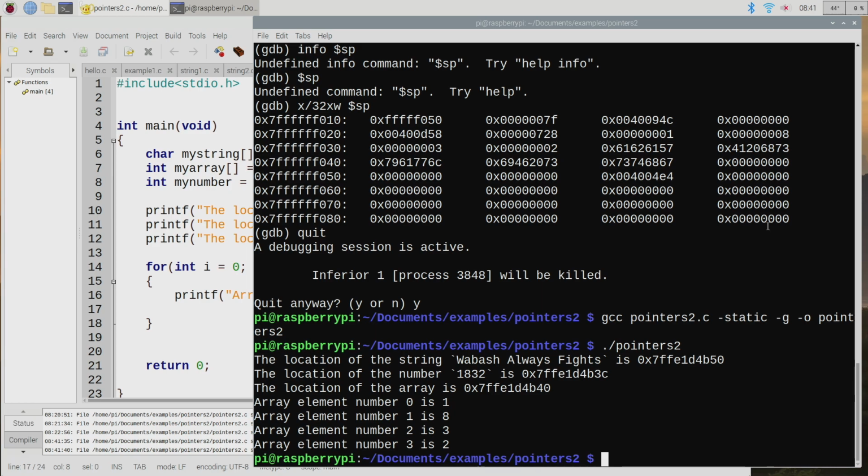Okay, does that look correct? Yeah? Okay, 0 is 1, 1 is 8, 2 is 3, and 3 is 2. Okay, good? Yeah. All right, so,